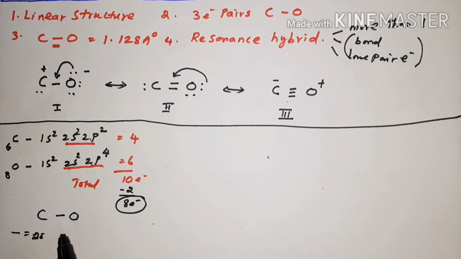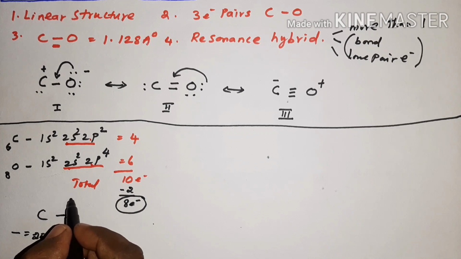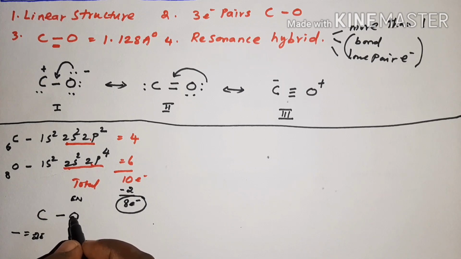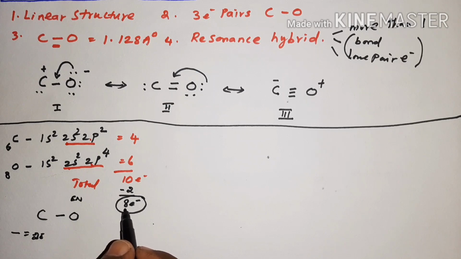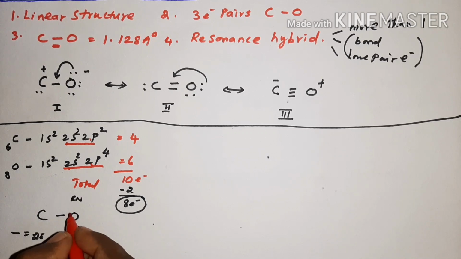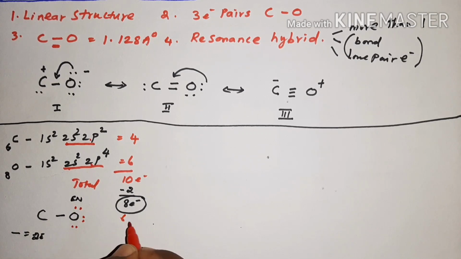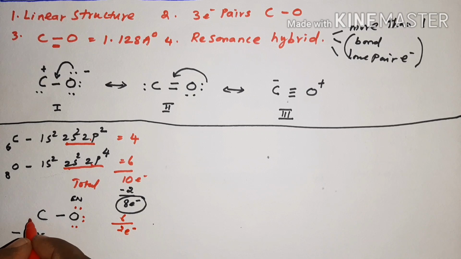According to the Lewis dot structure, you have to prefer the more electronegative atom first, and distribute according to the octet law also. Oxygen is the more electronegative atom, so first I am going to complete oxygen. Out of 8 electrons, here already 2 electrons are there. The remaining 6 electrons you make into lone pairs. Let me draw the lone pairs: 2, 4, 6. So 6 electrons I have completed. The remaining 2 electrons will come to the carbon atom.